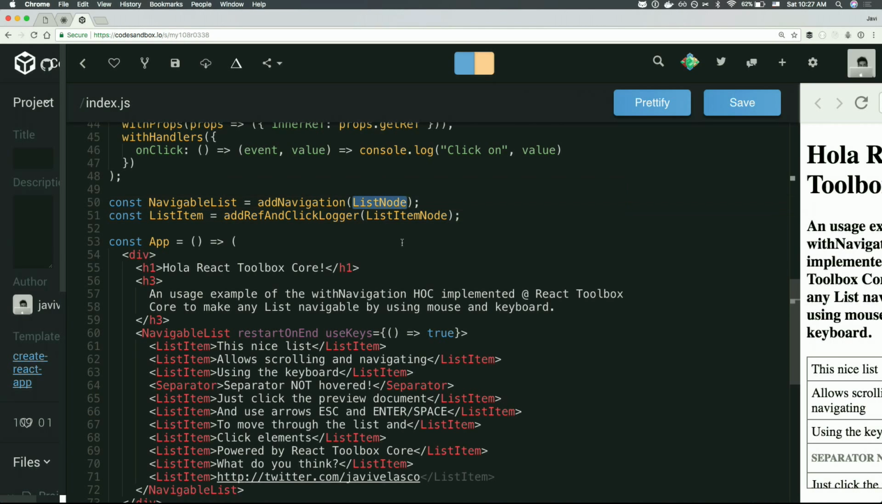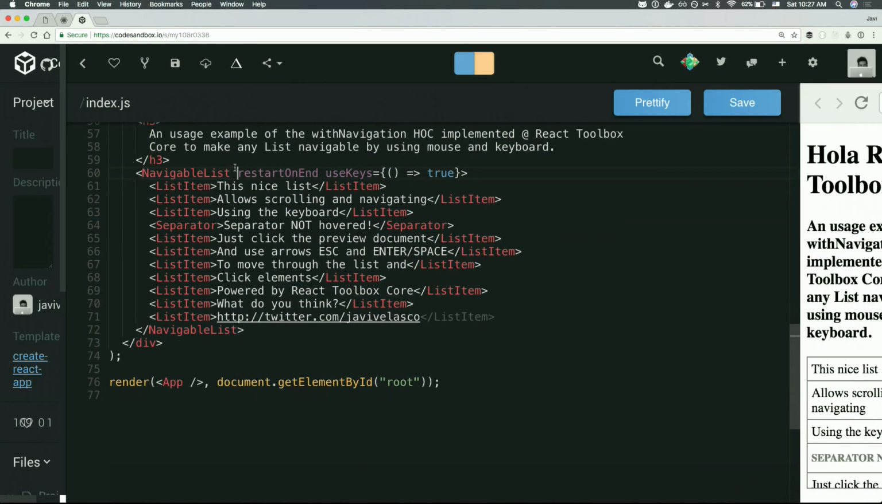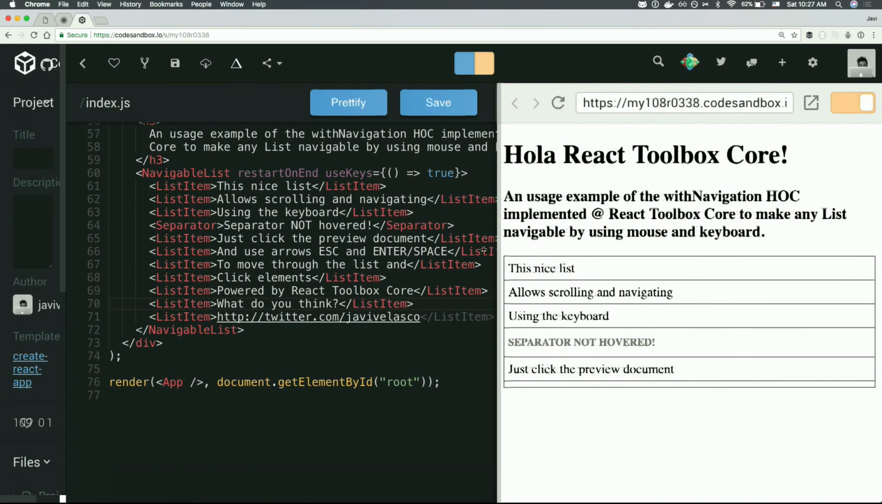Then you just create this navigable list by decorating the list node, okay? And the list item node. So there you go, navigable list and this list item. And I can use a separator inside here. And what this component does is to render,